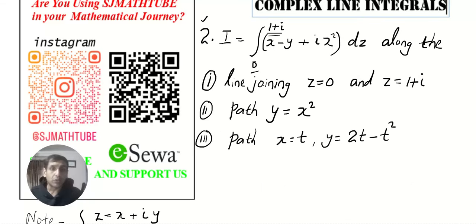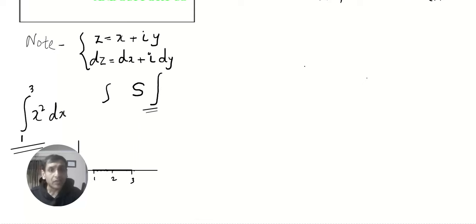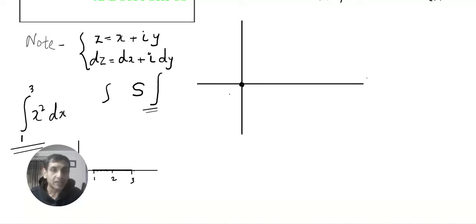Okay, now let's go for part 1. So can you see we have to integrate from z equal to 0. 0 means 0 plus 0i, and that will be the coordinate 0 comma 0. To z equal to 1 plus i, that means 1 comma 1. Now first they are asking line joining. Now look at this. Whenever they ask you to use line joining 0 0 to 1 comma 1, or let it be any coordinate,